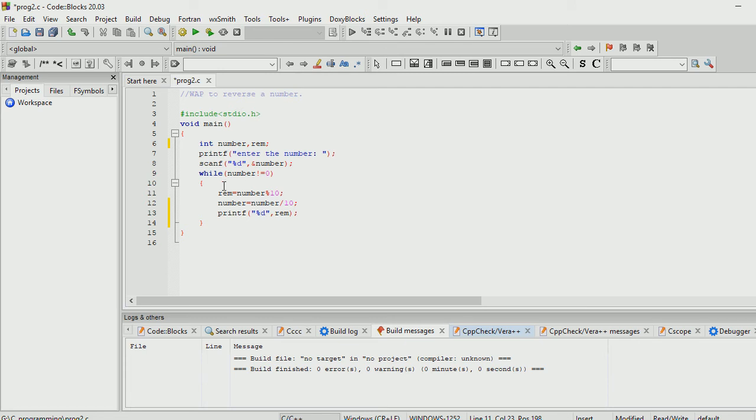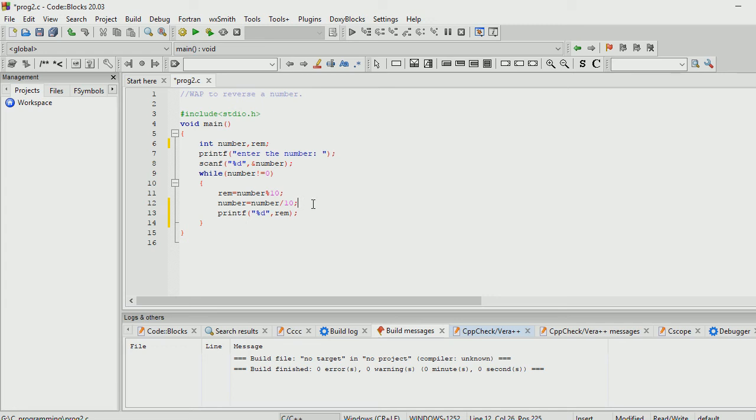Suppose we have the number 45678. If 45678 is not equal to 0, it will enter our while loop. Then 45678 percent 10, that is the remainder section, will be 8. And number, that is 45678 divided by 10, is basically the quotient.